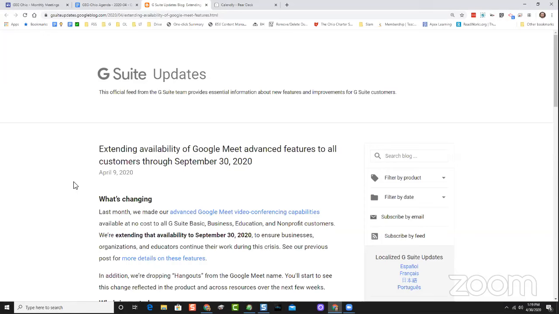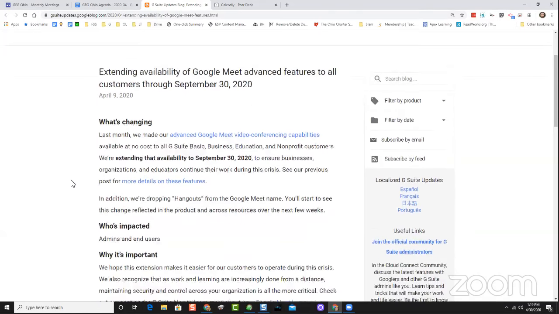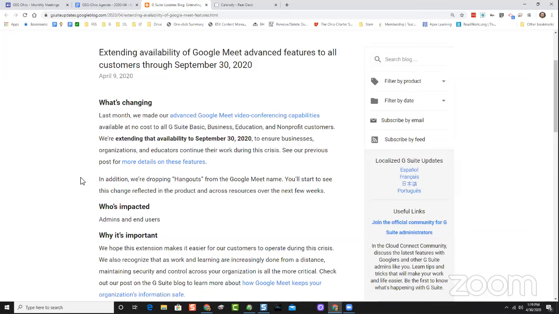So when I first saw this, our governor hadn't yet announced that we were not going to be back the rest of the school year, and Google sent this out before then, and it said September 30th, and I was like, oh no. I'm so ready just to go back because I miss that human connection and talking to people in real life. I mean, this is fantastic, but I am sad that we're not going back, and I'm afraid of what the fall might look like. But Google is going to help us, and they're extending the Google Meet features. So the ability to record, have up to, I think, 250 attendees,